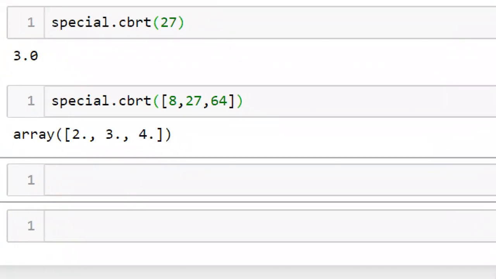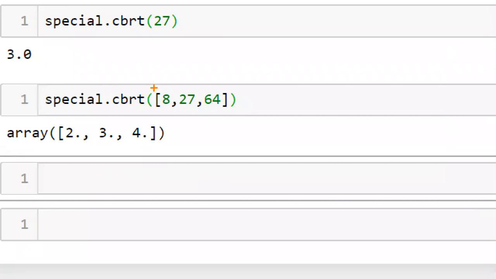I got the cubic root value of all these three values. Cubic root of 8 is 2. So it is returning 2. In a similar way, cubic root of 27 is 3. So I got 3 here and then 64. Clear? In this way, you can find out the cubic root for multiple values.